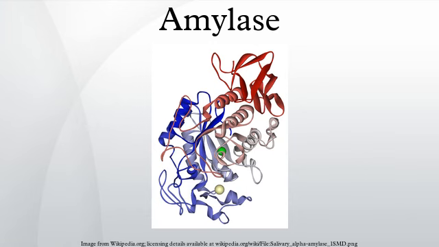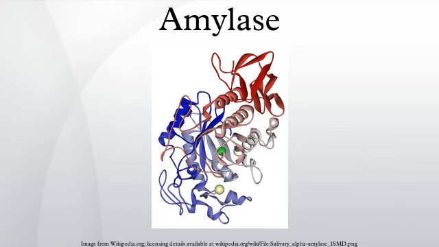By acting at random locations along the starch chain, α-amylase breaks down long-chain carbohydrates, ultimately yielding maltotriose and maltose from amylose, or maltose, glucose and limit-dextrin from amylopectin. Because it can act anywhere on the substrate, α-amylase tends to be faster acting than β-amylase. In animals, it is a major digestive enzyme, and its optimum pH is 6.7 to 7.0. In human physiology, both the salivary and pancreatic amylases are α-amylases. The α-amylase form is also found in plants, fungi and bacteria.